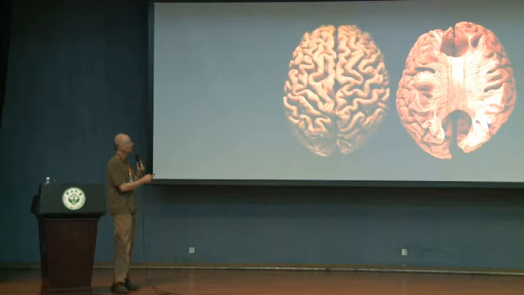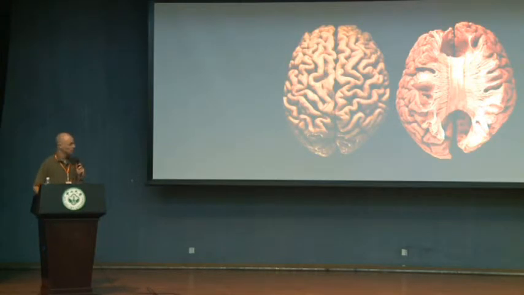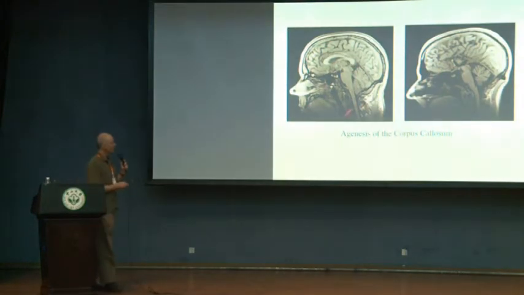If you dissect the dorsal part of a human brain away, you're looking down here at the corpus callosum. So this is the biggest white matter bundle in the human brain, and it subserves long-distance connectivity between left and right hemispheres, about 200 million axons. Actually, surprisingly recent in its phylogenetic appearance. It just appeared with placental mammals, and marsupials like opossums and kangaroos do not have a corpus callosum. Anyway, it's a huge fiber bundle in the human brain, and we studied this very rare population, people who are born without a corpus callosum, agenesis of the corpus callosum.